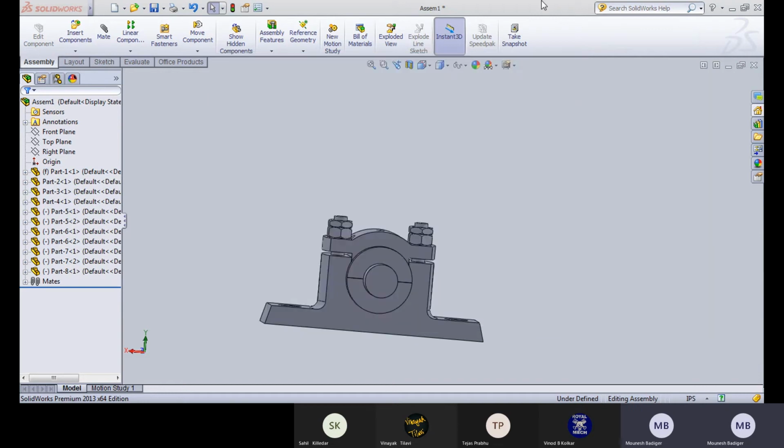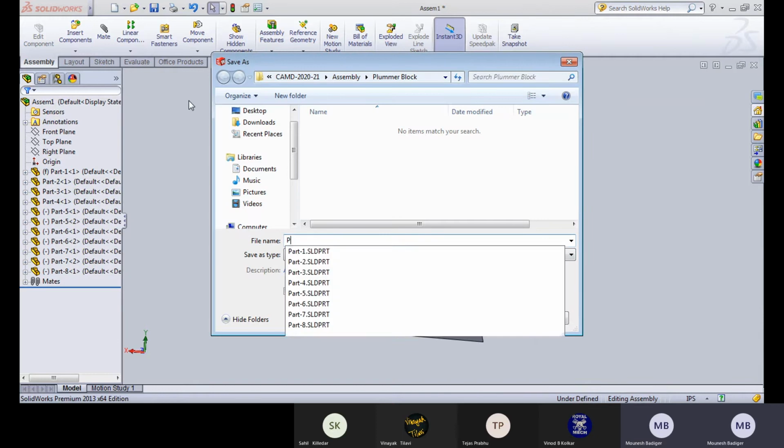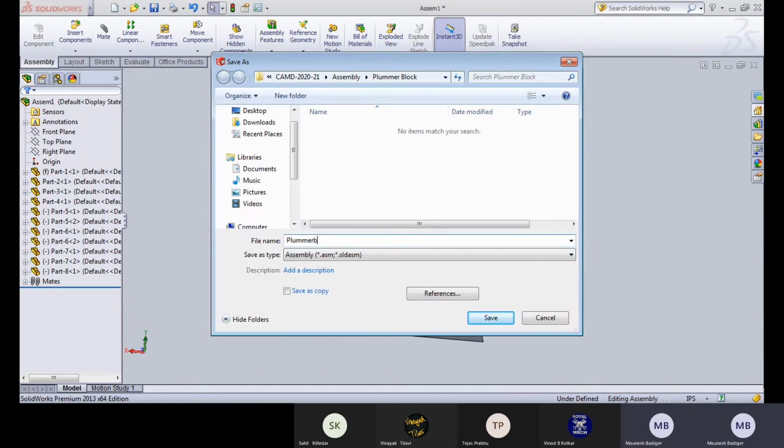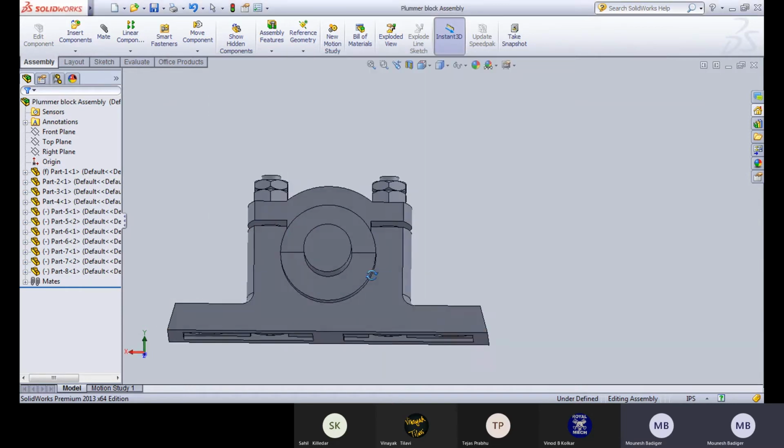Plummer Block assembly, save it, save. Okay,